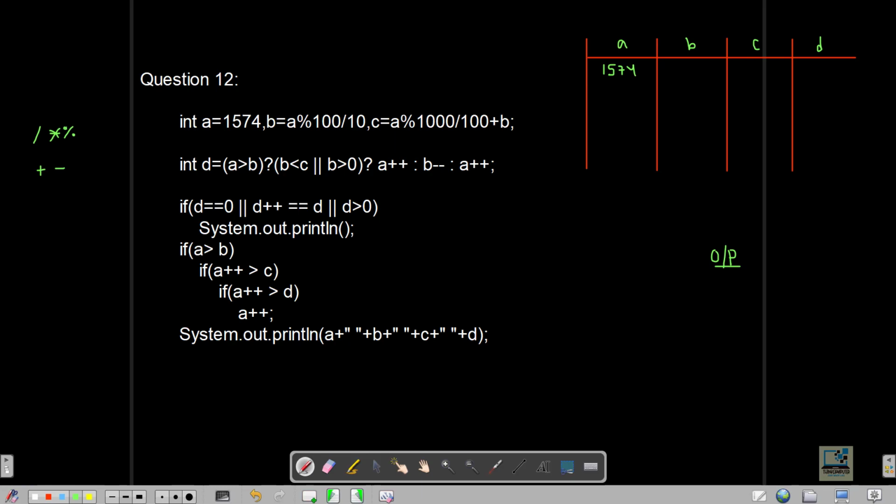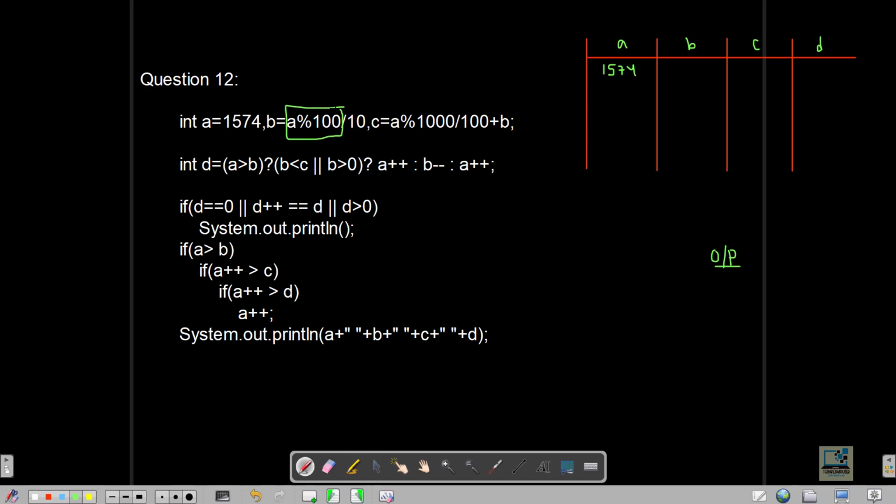In addition, subtraction also has equal precedence, so we solve it left to right as it appears in the expression. If addition comes first, then subtraction, we do it left to right, or otherwise if subtraction is first then addition, we do the subtraction first. So keeping that in mind, the question here says the value of a is 1574,